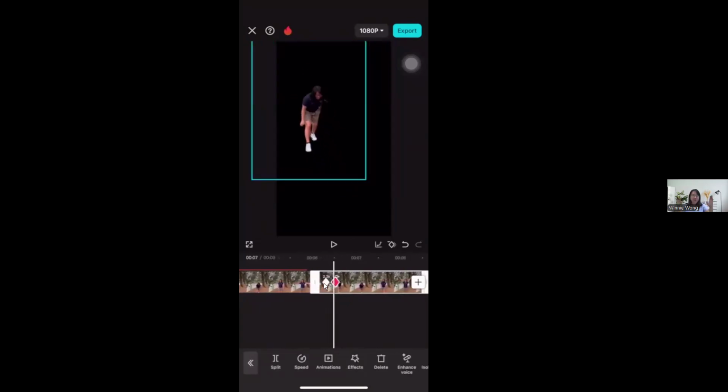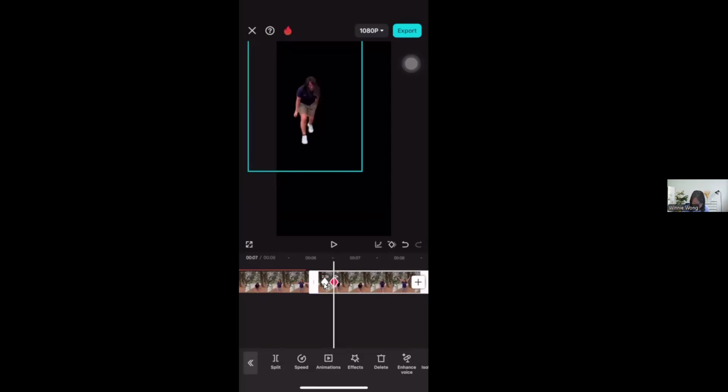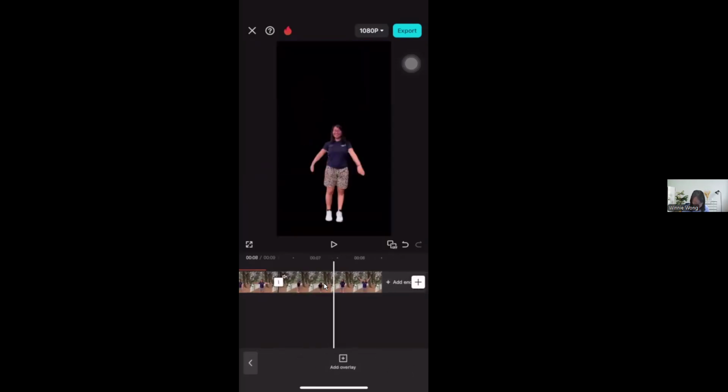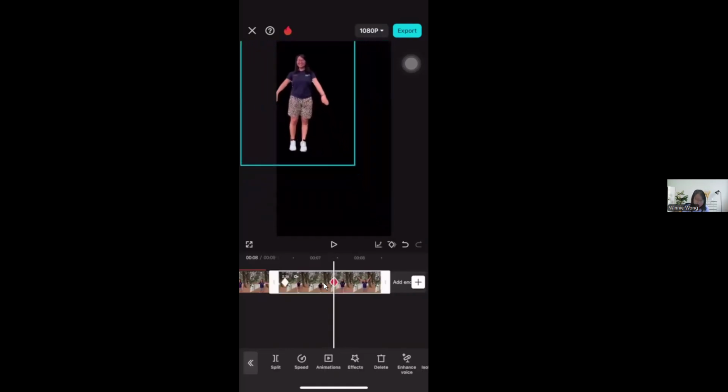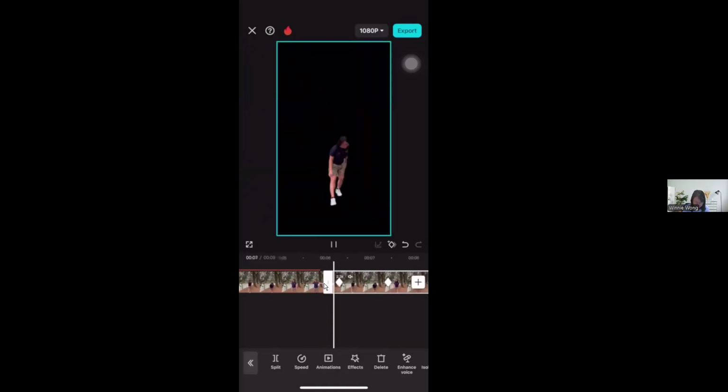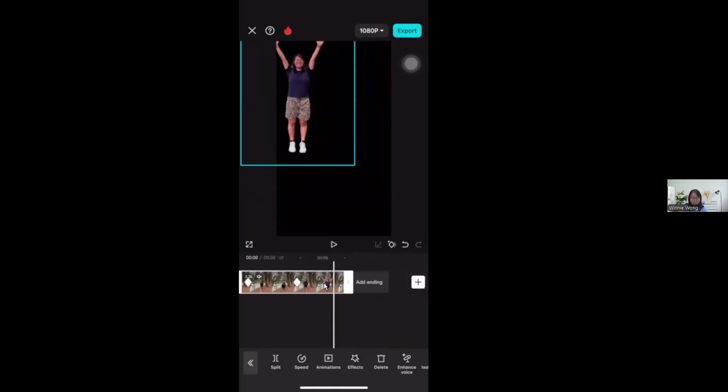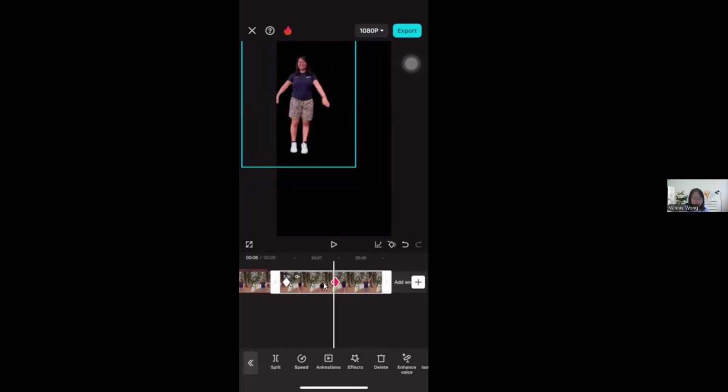When the keyframes are very close to each other, depending on the distance, let's say the distance is super far, but your keyframes are very close to each other, it will take a split second to reach your next destination very fast. If the next available diamond is a bit further, even if you move probably the same distance, it will slowly go up. Got it? This is how you adjust the speed